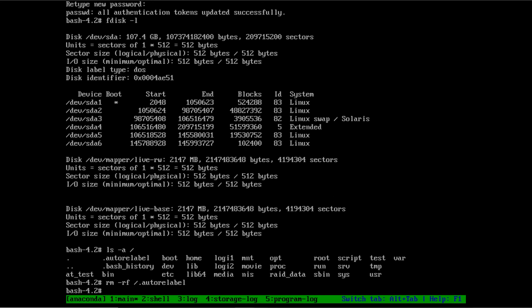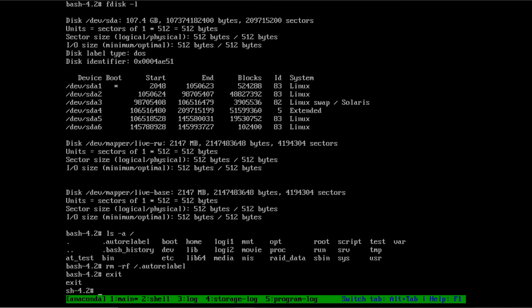So don't panic if your system is not starting after doing this because you forgot to remove this file. Just come again and remove the file, and then it will be fine. I will exit from here. Now we are back to our shell, back to the shell from the DVD.